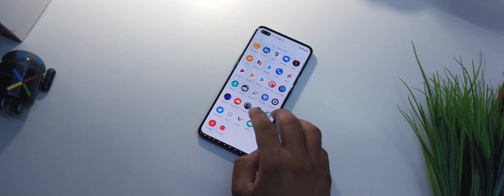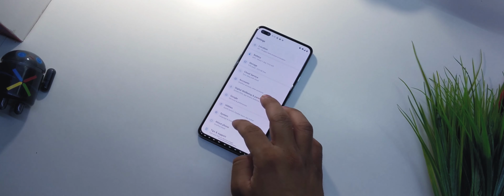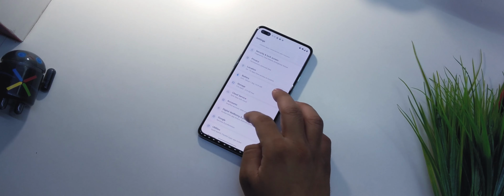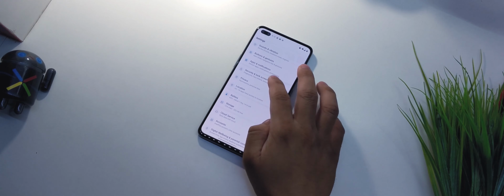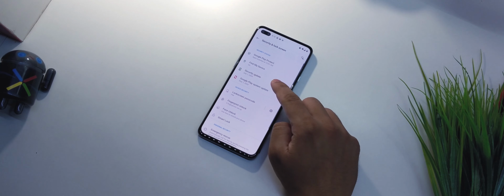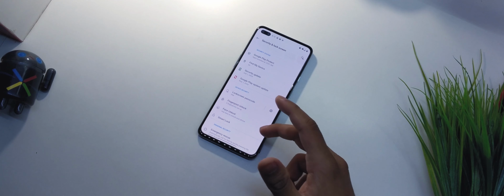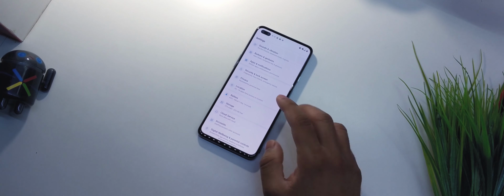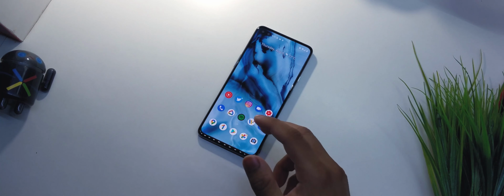So the next thing here is, if you go into settings real quick, it says the system is now updated to the July security patch. So let's see, if you go into security real quick, there we go. The security update is of July 1 now. It should be August because August has started. So I don't know why we still have the July update, but again, that's a pretty good thing, and we are getting the security updates as promised.